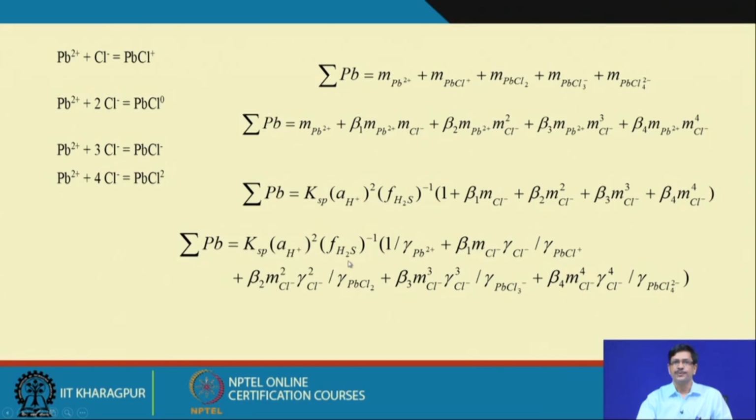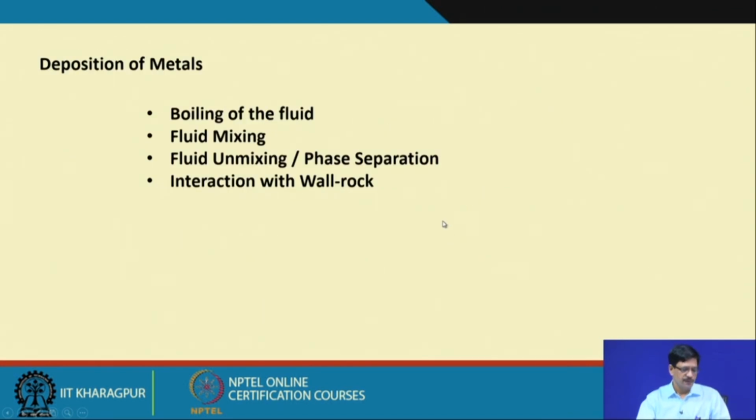So, even if this is expanded in the form of the activity coefficients, if you take the activity coefficients in this equation all as 1, it will be reduced to this equation only. Okay, so